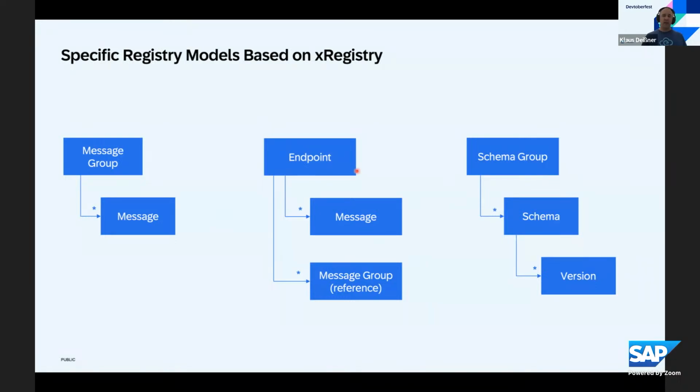And the third thing we have here is the schema group, where you can store a group of schema documents inside. And each schema can also be versioned. So that's where we use this versioning mechanism also. And schemas play an important role. There has been this schema attribute in CloudEvents, and it's also important for the API space, and schema is really everywhere. So that's why we also have the schema registry part in here.